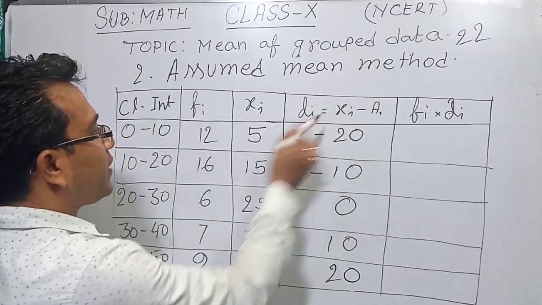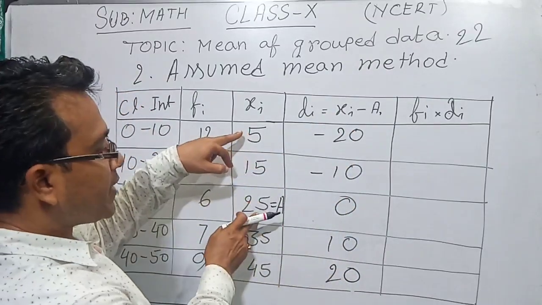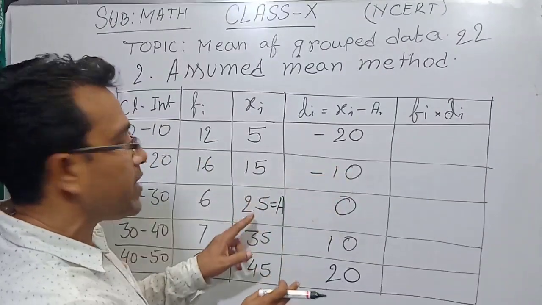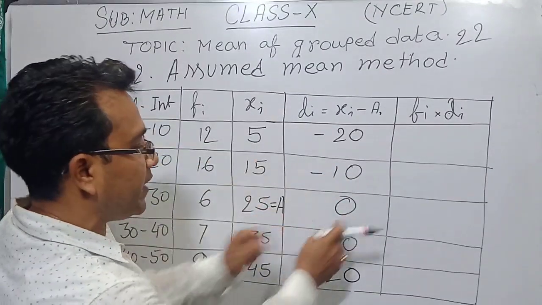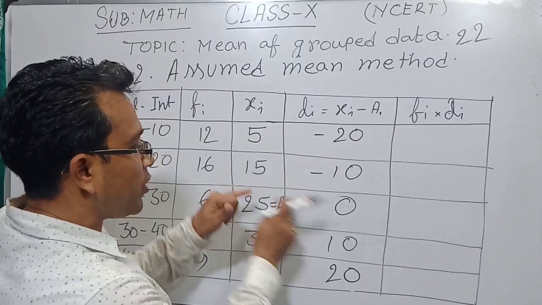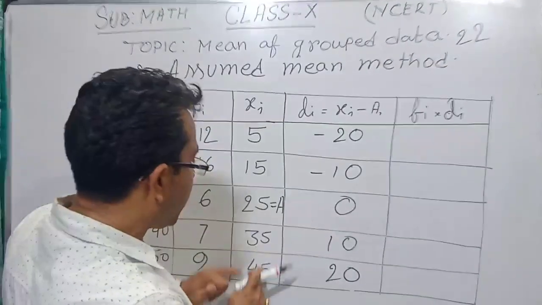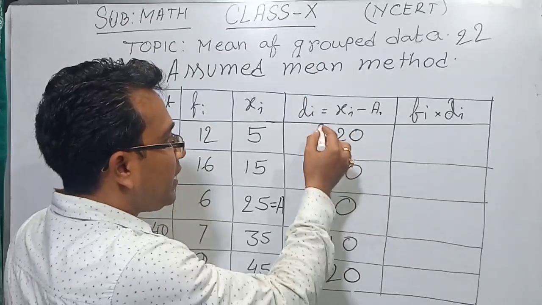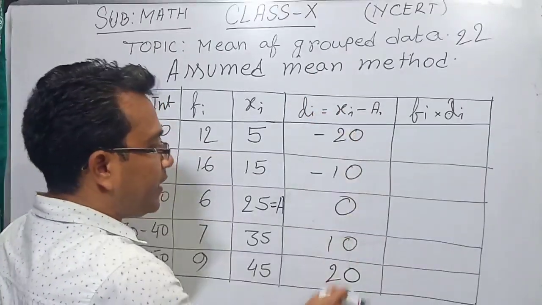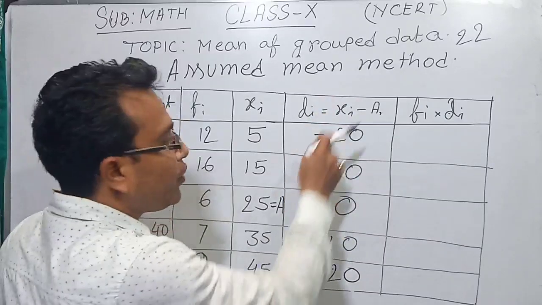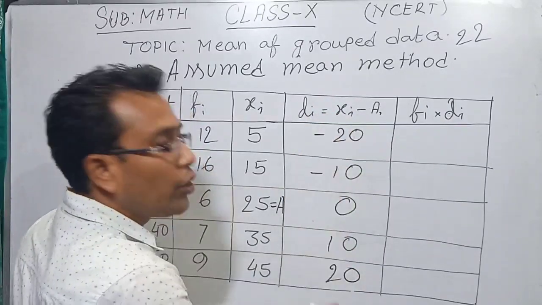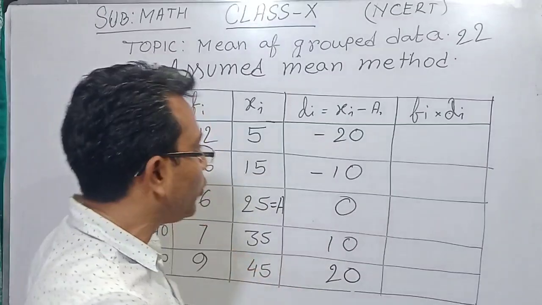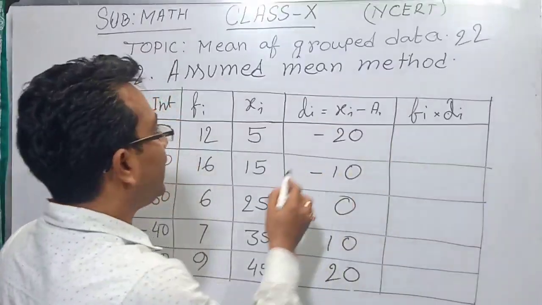That is x equal to 5 minus a, 25. 15 minus 25, that is minus 10. 25 minus 25, that is 0. 35 minus 25, that is plus 10. 45 minus 25, that is 20. Here we are getting 0 as a result, but that does not matter to us. Now multiply this